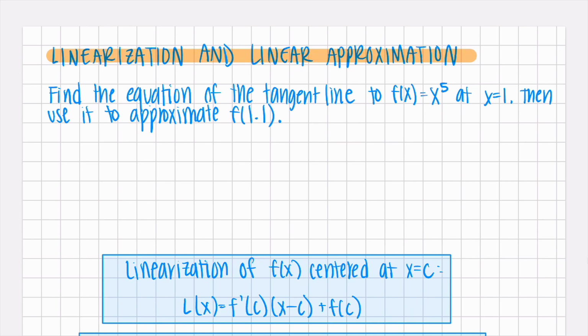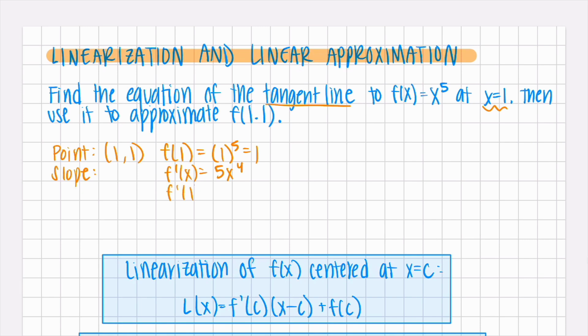So first we want our tangent line. We need two things in order to get a tangent line. We need a point and we need a slope. They've given us the x value for the point, that's 1. The y value of the point I'm going to get by plugging 1 into my f function. That's going to be 1 to the fifth, which is 1. To get our slope at x equals 1, we need to take the first derivative. So my derivative of x to the fifth is 5x to the fourth, and then plug in 1,